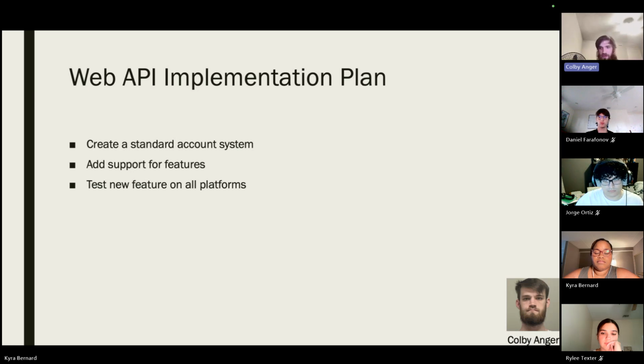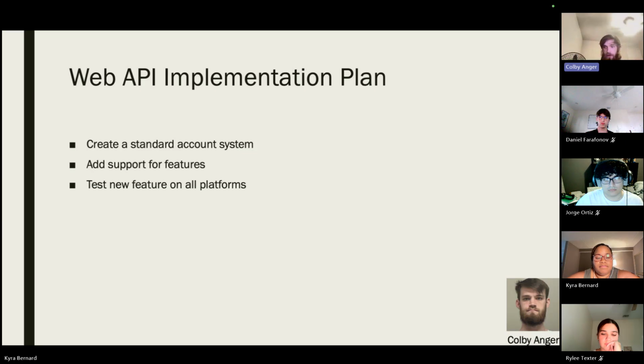The features, like I said before, will be added one by one, and we will create the feature, ensure it's supported on all the different platforms, and test that feature. And the good thing about having this sort of stack set up is that if, for example, errors are found with the desktop application but not with the mobile application, we can almost positively chalk that up to the desktop application sending the wrong info up, as we are getting the expected results on mobile.